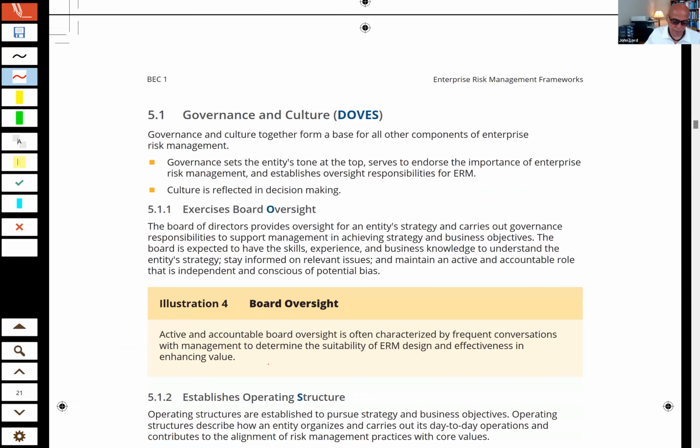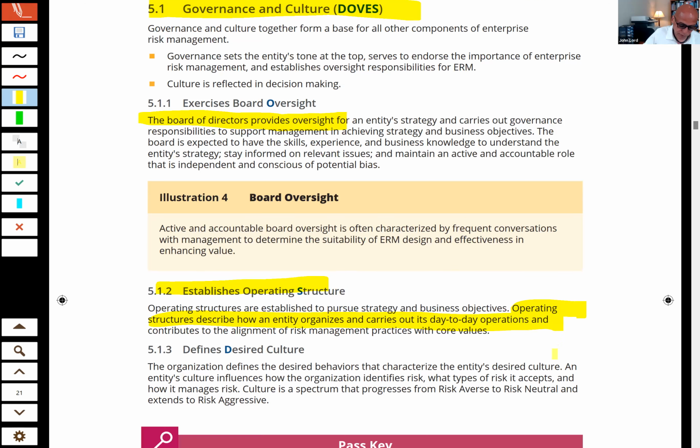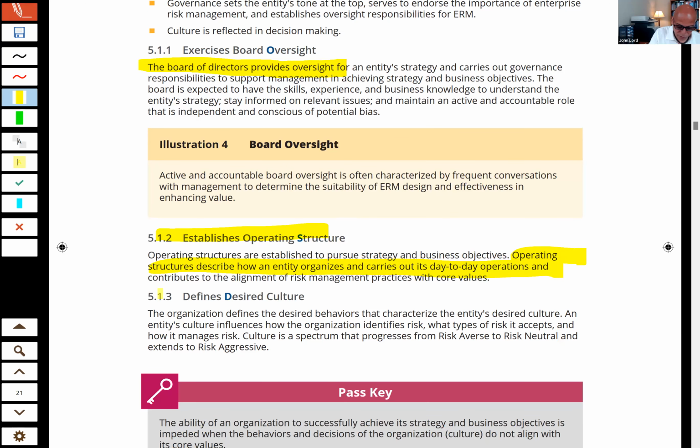So starting with governance, and again, I don't think you need the mnemonic here, but we're going to flashcard the principles. Governance: corporate culture, highest levels of the organization, involves board of director oversight. Okay, establishing operating structure. Operating structure describes how an entity organizes and carries out its day-to-day operations. Okay. Defining desired culture. The organization defines the desired behaviors that characterize the entity's desired culture, and it will ultimately